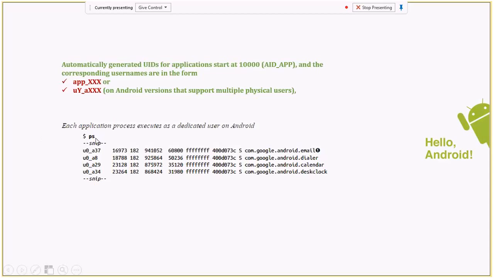In this one, I ran the ps command. It shows you the user IDs on which the apps given by Google run: the Android email, the dialer, the calendar, and the desk clock. Those have been assigned user IDs by the system. In this case, U0A37 is assigned to the email application.